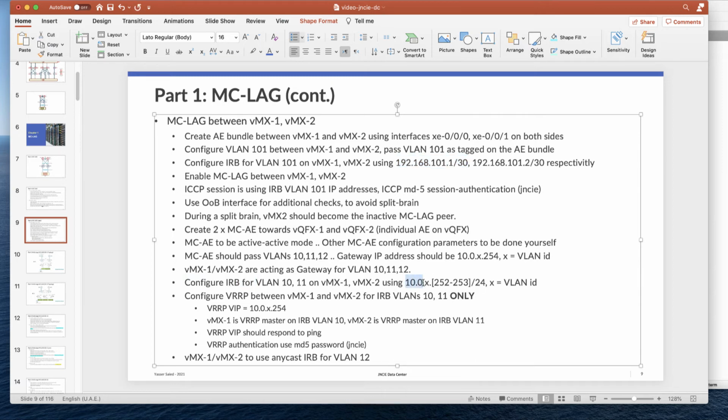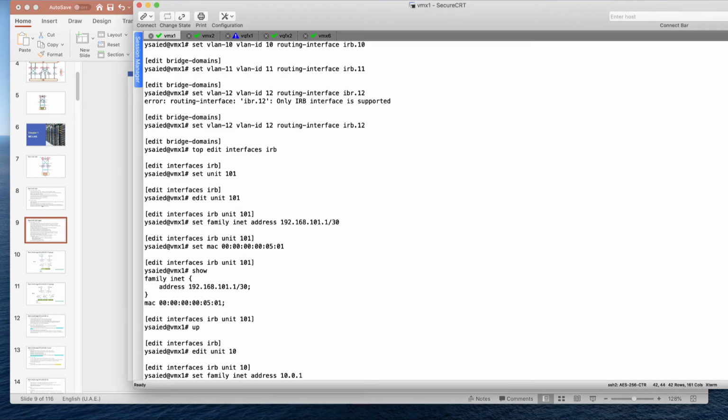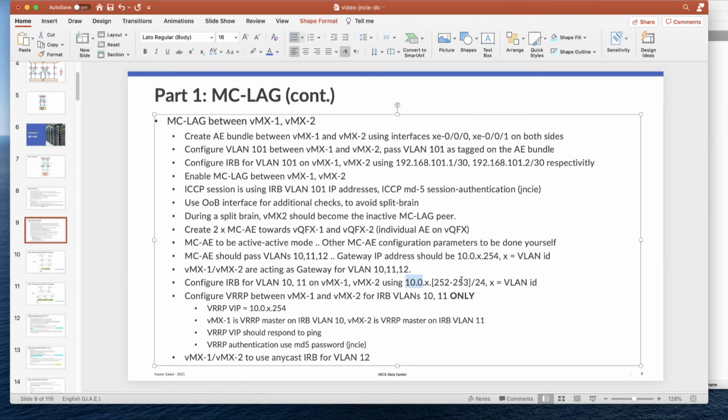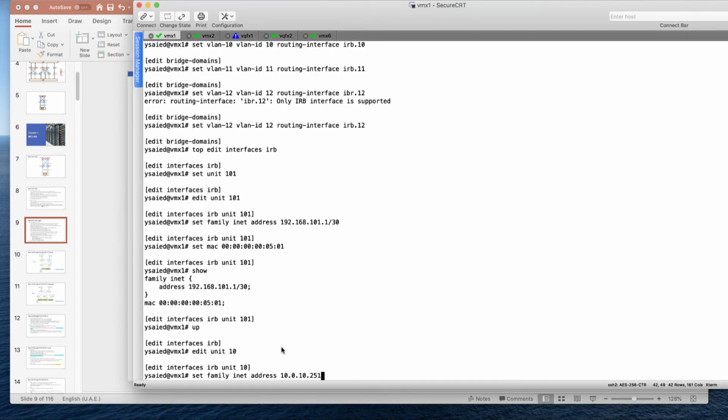I need to configure from 10.0.10.251. Sorry, 252. The IRB interface address for VLAN 10 and 11 is 252/24, and as well I need to configure